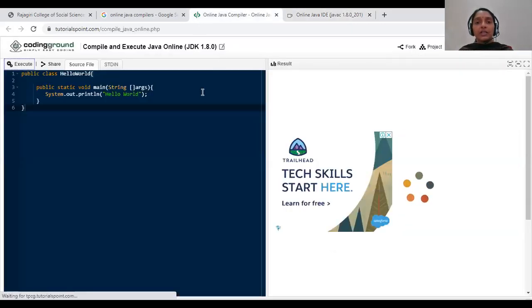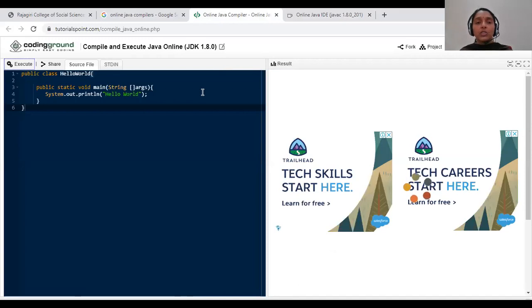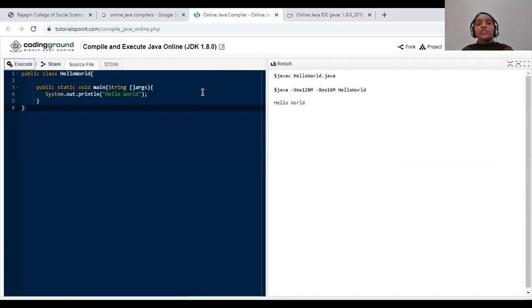This is quite a bit slow Java compiler, but the results would come. Now the disadvantage, the result has come, hello world. The disadvantage with such compilers is that you will have to have an online internet connection to work on your Java programs. Which means you will have to invest on data, too much of data to run your Java programs, as all these compilers are online.